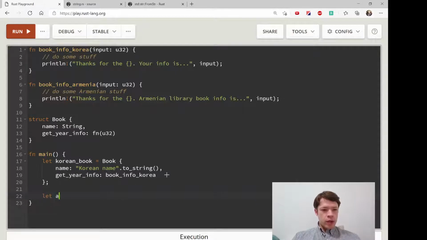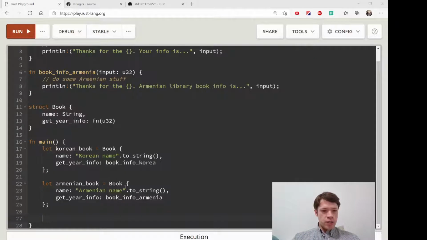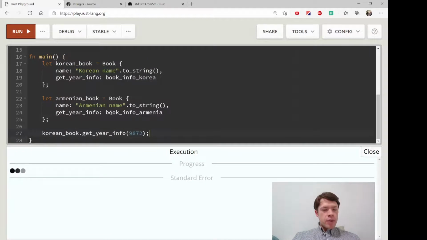And then we'll do another one, Armenian book equals book, and then name is just going to be Armenian name toString, and then we'll pass in year info. This time it has to connect to an Armenian library, so we'll say book info Armenia, like that. And then here comes the interesting part. So we have Korean book, and you can see this function pointer is over here, get year info, and we just give it a number. And you would think that this would work, but it actually generates an error,